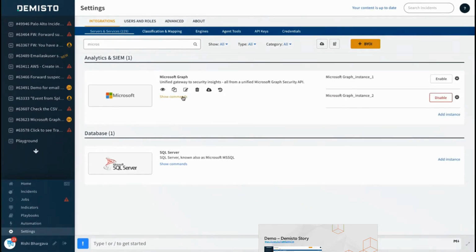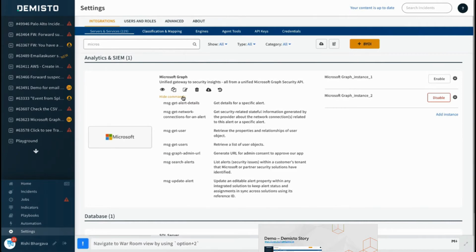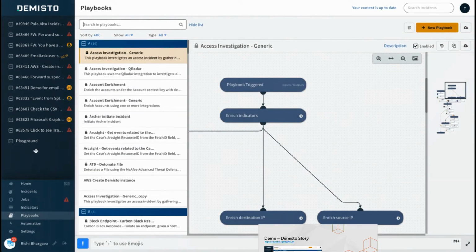So let's look at the different commands that have been set up in Microsoft. There's a bunch of different commands for getting your details, getting your information, getting the user, retrieving the user object, getting a list of user objects, and so on and so forth. So these are all the different sets of commands that are exposed in this integration. All these commands can then be built into the code. So let's take a look at a sample table which